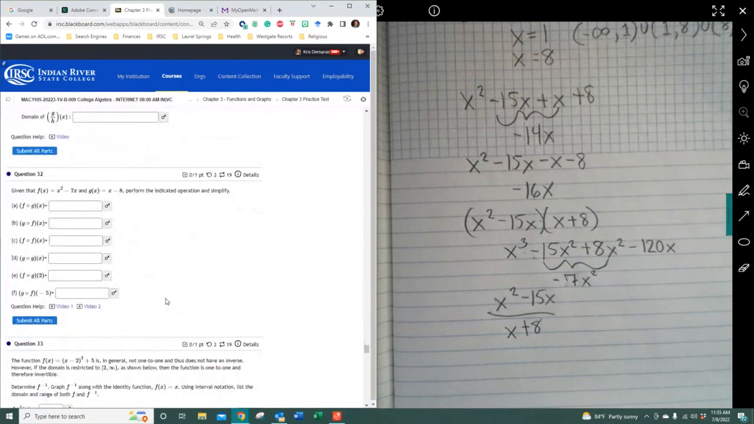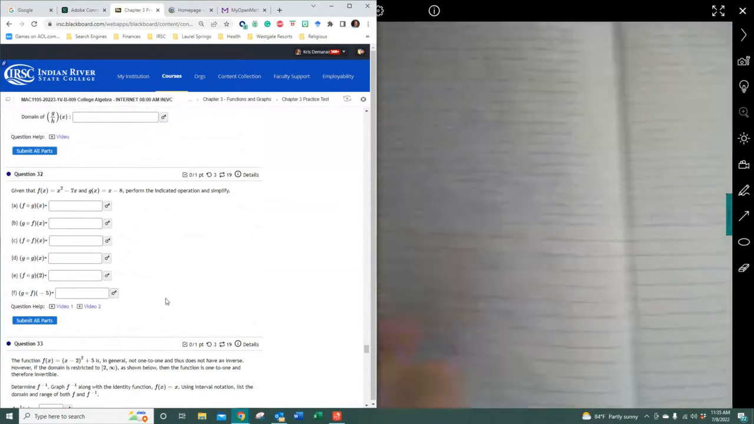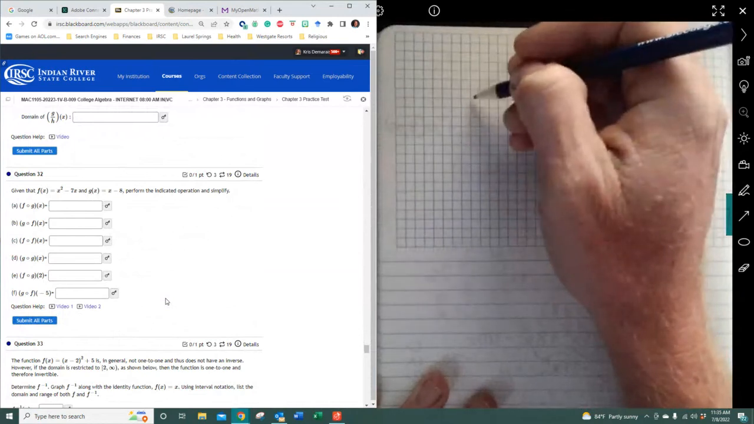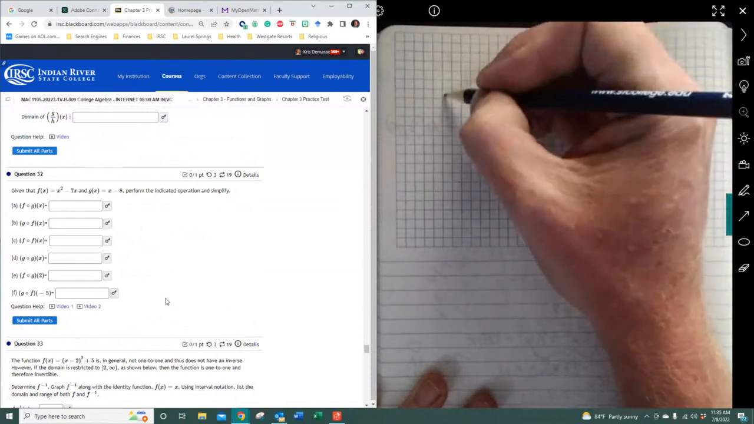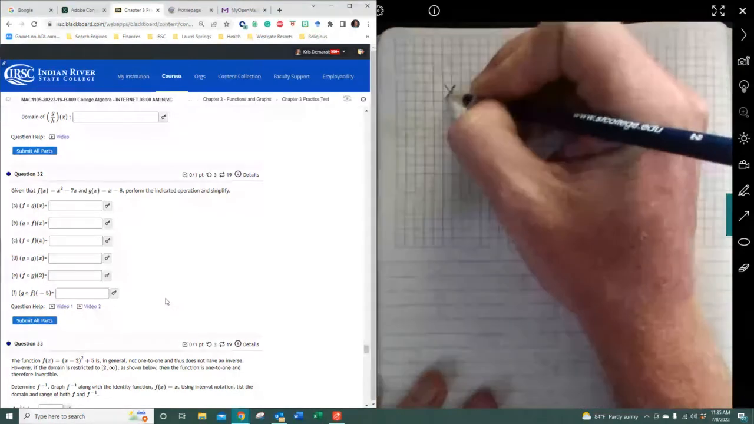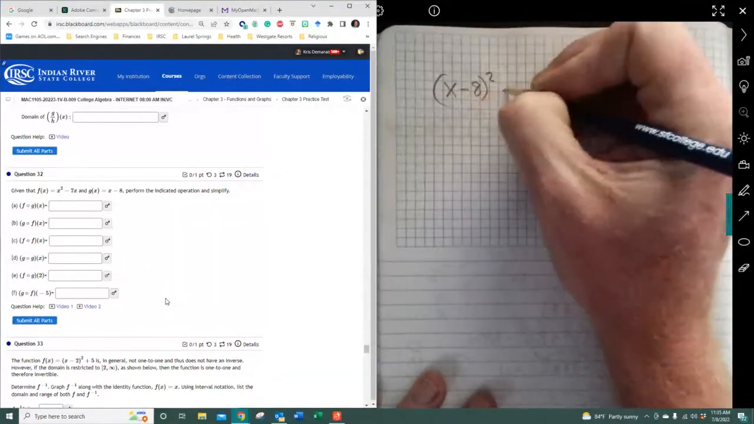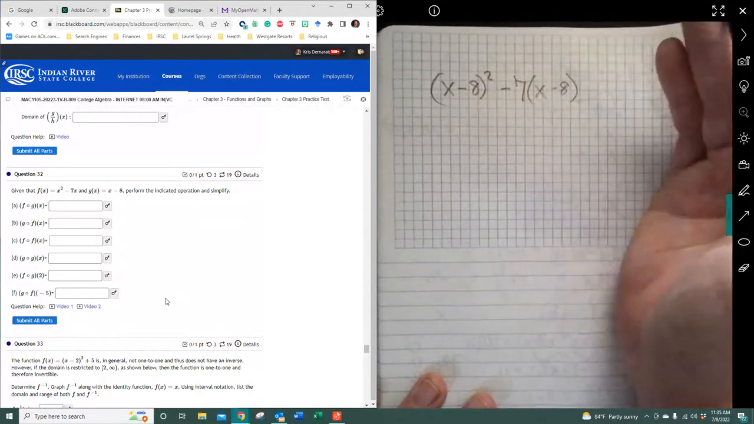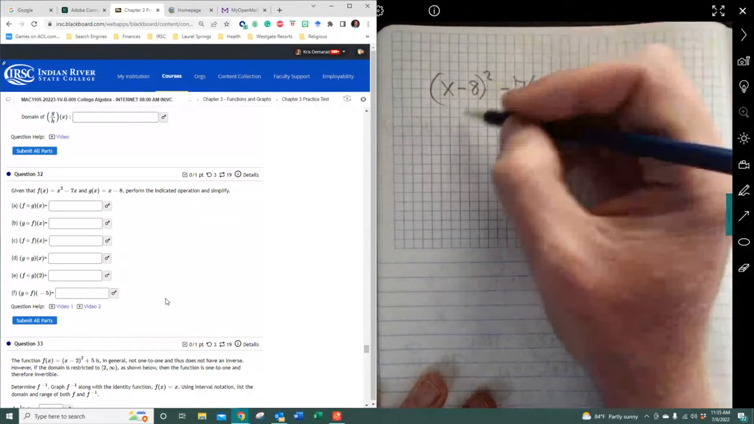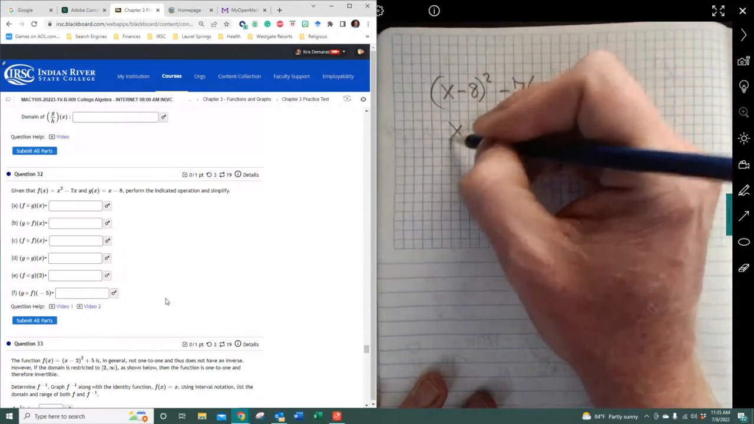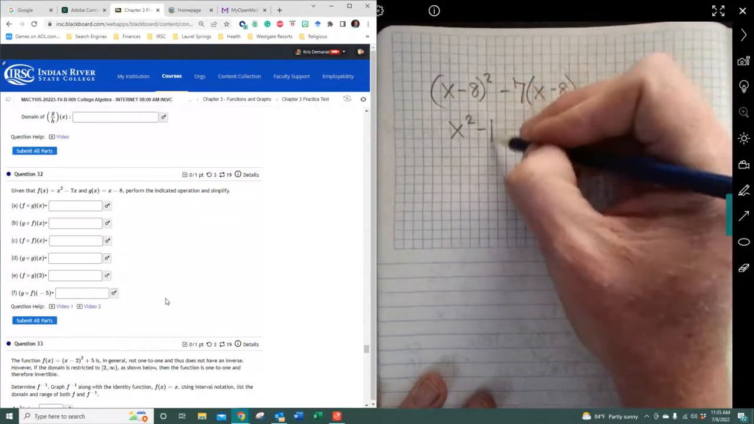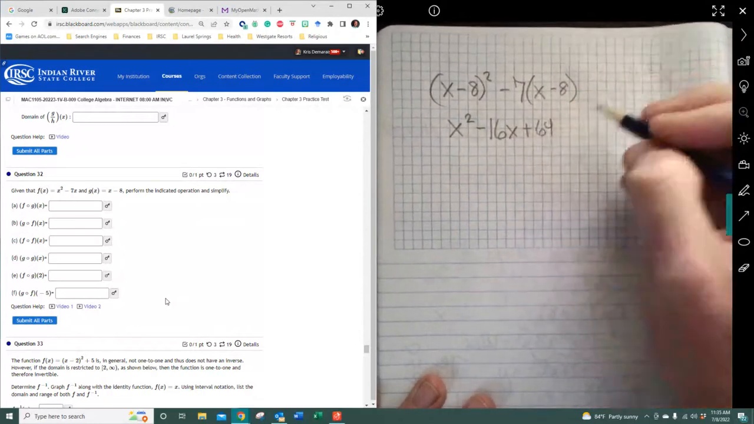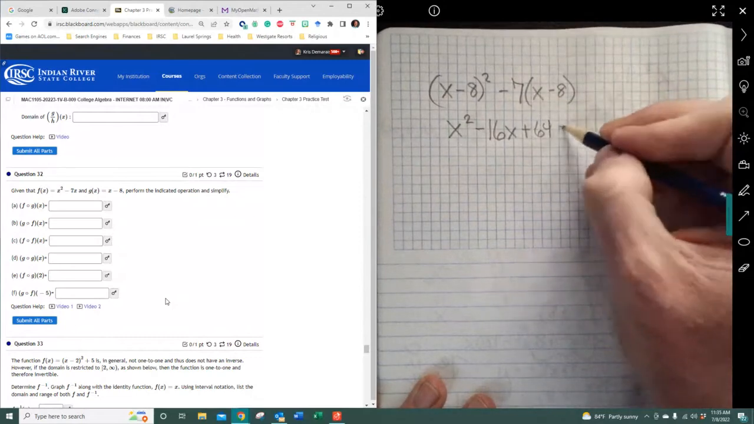32. Now, this is dealing with f of g and g of f. You're going to go ahead and plug g of x into f of x, so it's going to be x minus 8 squared minus 7 times x minus 8. Now, hopefully they wrote this right, but I'm going to do it the right way. It's going to be x squared, and then it's going to be 16x plus 64. And then it's going to be negative 7x,